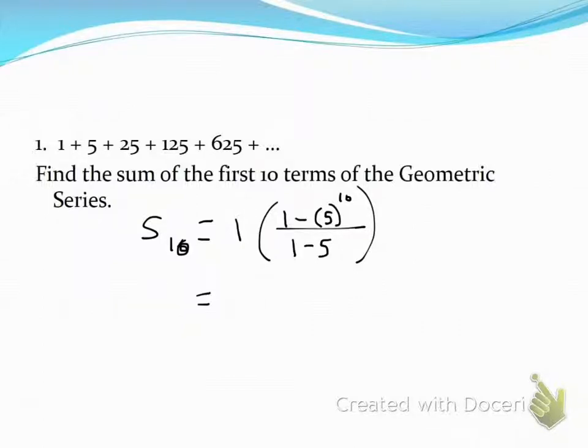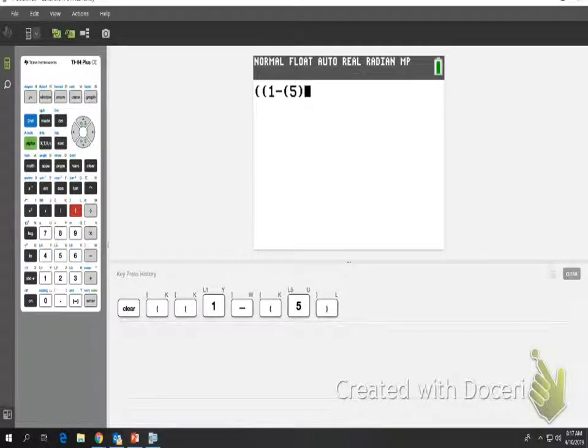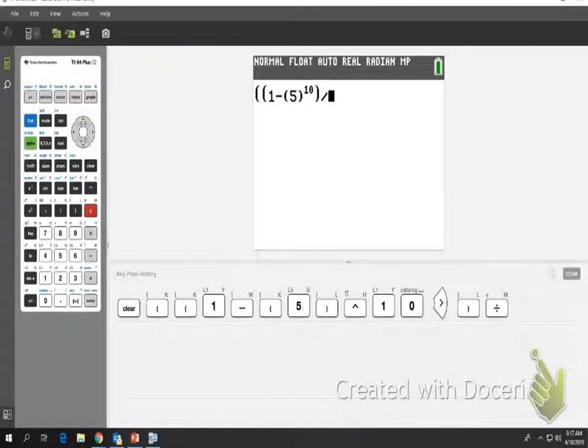Okay, so I'm gonna go to my calculator as well. Help me out here. So I don't need to go 1 times. Could you put the whole thing in? Yeah. So I gotta go parentheses. I'm gonna go parentheses again. 1 minus, what was it? 5 raised to the 10th. I'm probably overkilling parentheses, but I go, okay, here's that. See how I have the numerator as one parentheses divided by, because I don't trust, again, I was raised old,